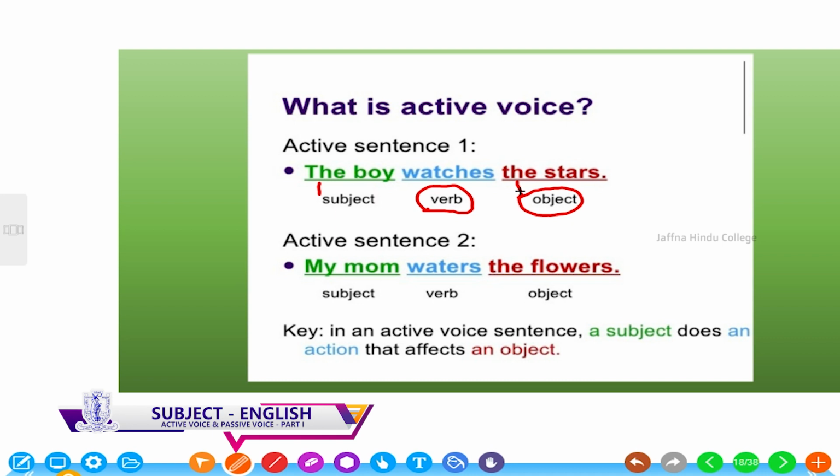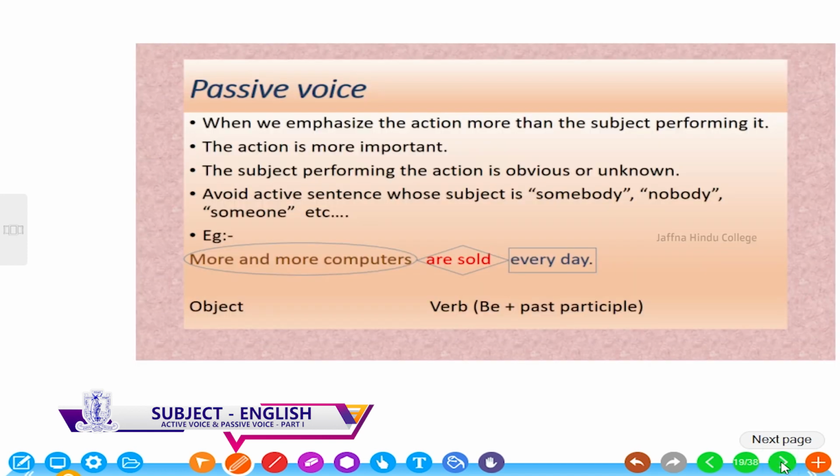Second one. My mom waters the flowers. Who? My mom. So, it is the subject. What does she do? Waters. It is the verb. And what does she water is the object, the flowers. In an active voice sentence, a subject does an action that affects an object. The subject does the action that is mentioned in the active voice, and